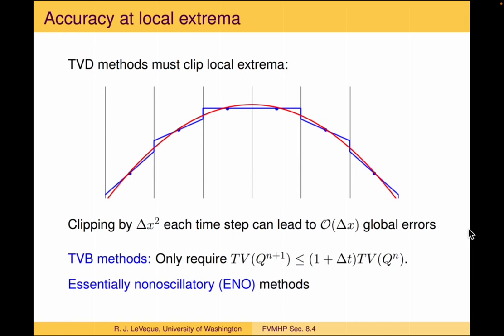So there's a number of other approaches that have been developed over the years to try to improve on that by looking at what are called TVB methods that maybe only require that the total variation in each step be less than 1 plus something times delta t times the previous total variation, or there's a class of methods called essentially non-oscillatory or ENO methods or WENO methods, weighted essentially non-oscillatory methods that also try to get higher order accuracy near extreme points by relaxing this condition, but still getting a method that you can prove is convergent. But actually, even the TVD methods tend to look pretty good, even if we just look at the order of accuracy,